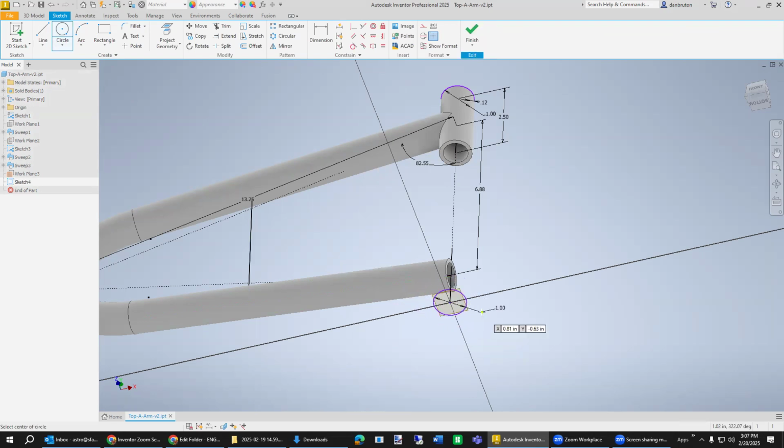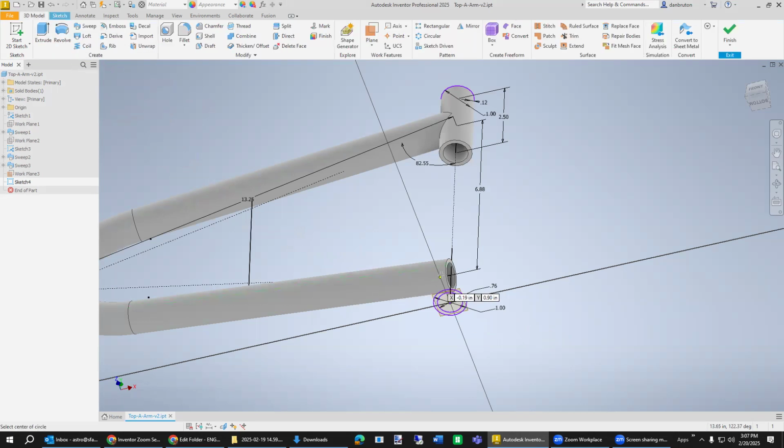And I need this to be 1 inch. And I need this other one to be 0.76, just doing the math. Making it a 0.12-inch wall thickness. That's basically 1 minus 2 times 0.12. One way to do it anyway. And so we need to do the same thing again with our sweep. We need to notch this too,